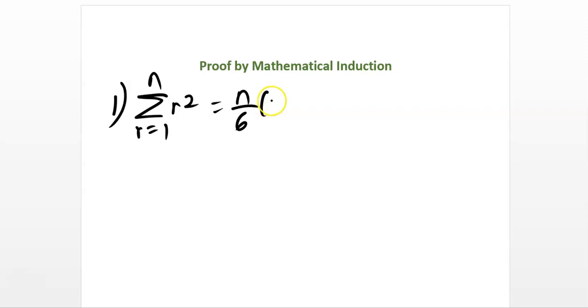Let us look at the following example by induction. This is the sum from r equal to 1 to n of r squared, equal to n over 6 into 2n plus 1 into n plus 1. I should prove this for all n, by mathematical induction, where n belongs to the set of natural numbers. Okay, so for us to do that